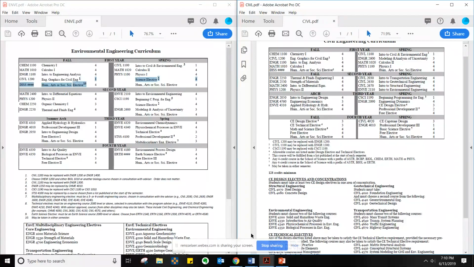We also wanted to mention that registration time tickets are going to be issued on Monday. That time ticket is going to give you the specific date and time that registration opens for you in order to register for your fall classes. And I believe registration itself is going to be sometime dependent on the 24th of June. So make sure you check your RPI email because that's where it's going to be sent. It's not being sent to your personal email.